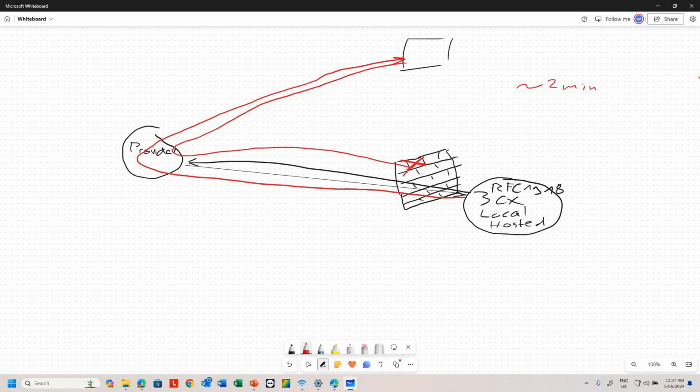But then they close the port again. When you want to receive phone calls to a phone system, you really have to enable the firewall to allow